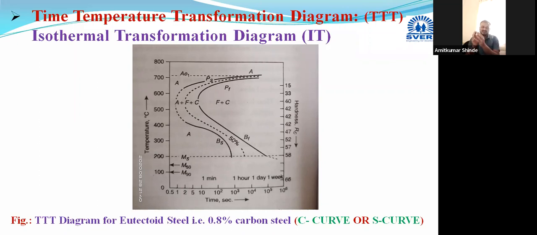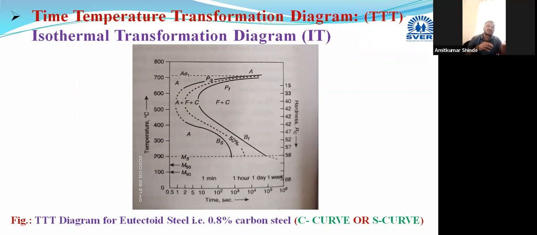Here what I am doing is simply performing the heat treatment process. Initially I have done one heating cycle, then I have provided some holding time, and then I am doing the cooling. This is nothing but the heat treatment process. I am following the heat treatment process which I have explained in the previous session, but I am conducting it differently.